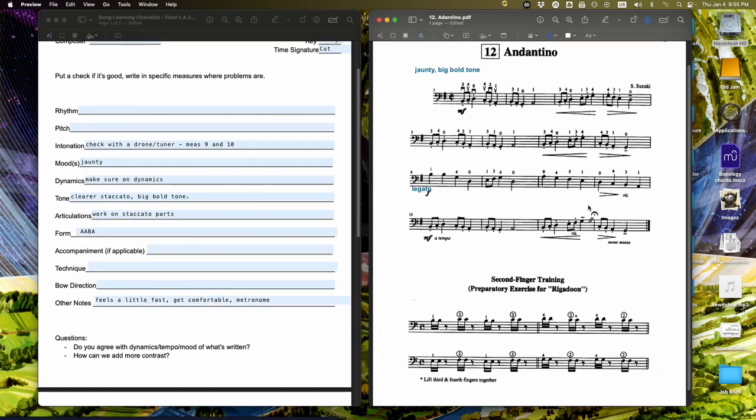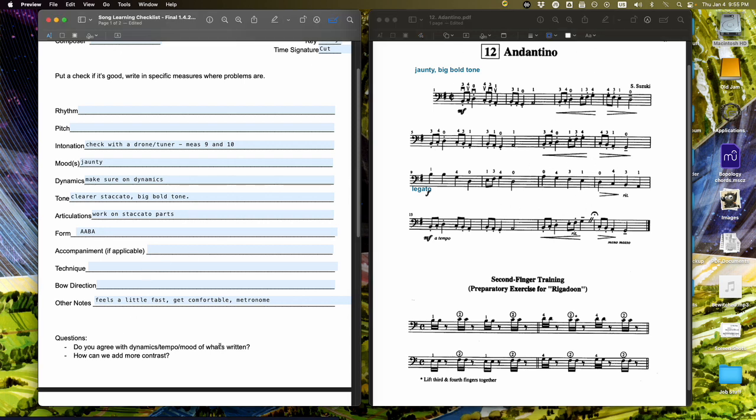Now, if at any point when you're doing this you disagree with what's written, most of you, we went through the example of Twinkle Twinkle. It's a little weird to hear Twinkle Twinkle as ba, ba, ba, ba, ba, ba, ba. It's too brash. It's a lullaby. If you disagree with the dynamics, the tempo, or the mood, then you want to go back through, and I would start at mood. Say you wanted to play this